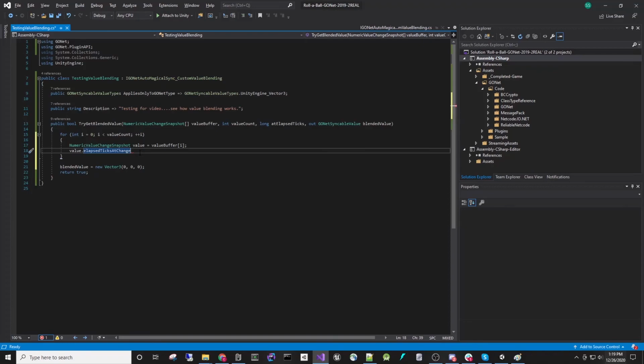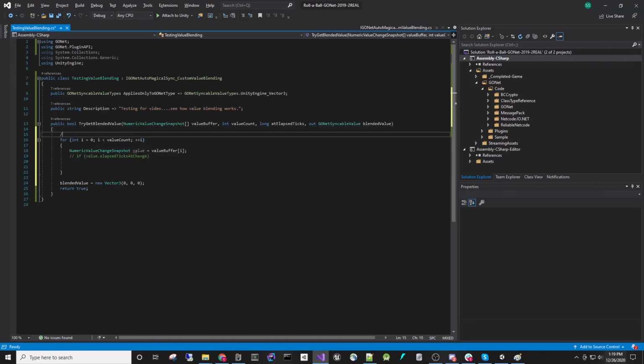So value, elapsed tick at change. We want to say, well, let's just go with another implementation. We'll look at that here in a little bit. We'll add that if statement a little bit later. For now, I want to show you something a little bit simpler,